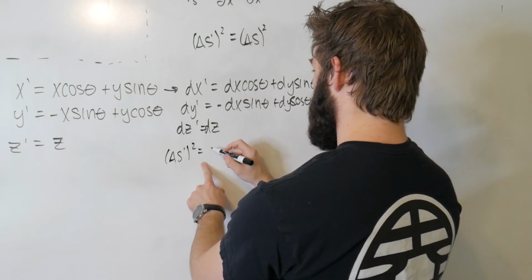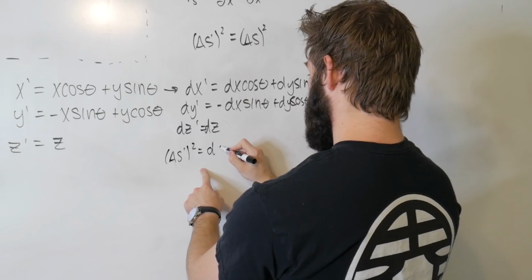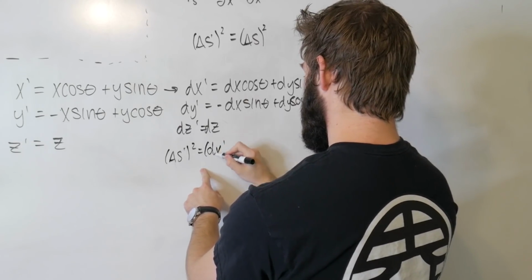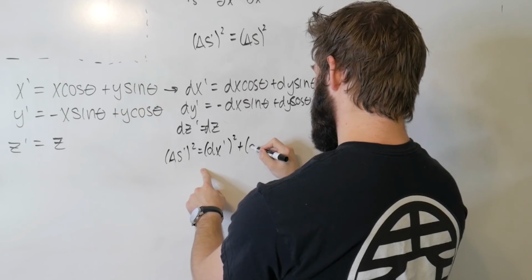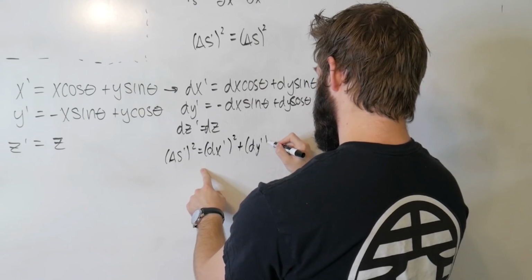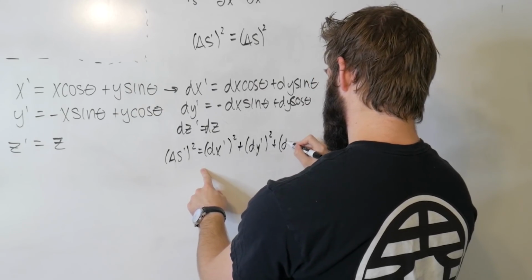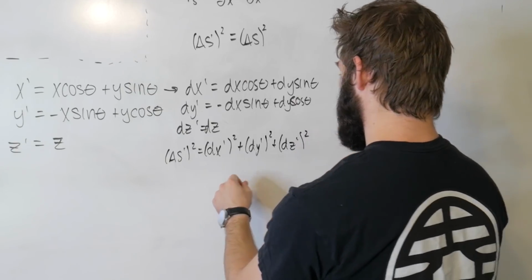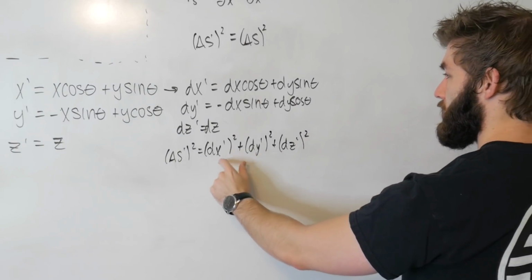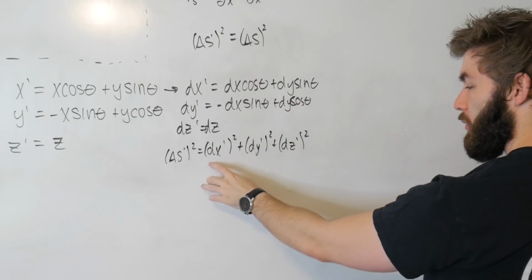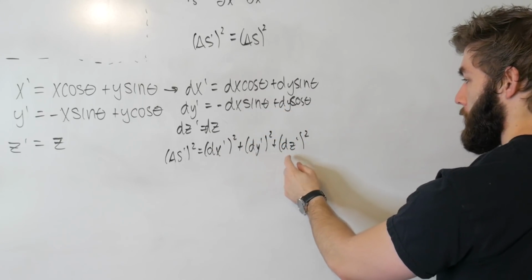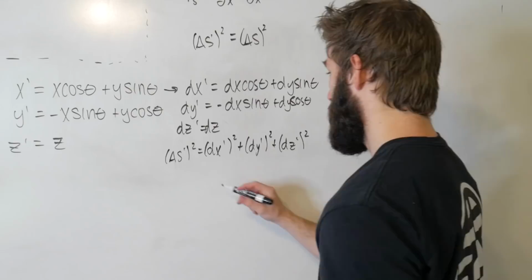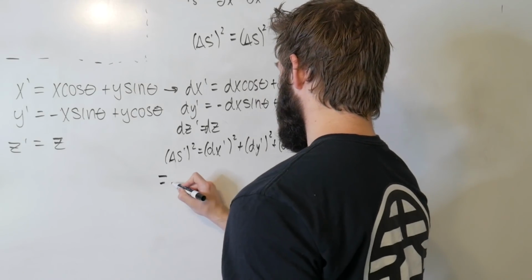So this is going to be equal to dx prime squared plus dy prime squared plus dz prime squared. And now we're going to substitute in these quantities and see if we just get dx squared plus dy squared plus dz squared. When we do that, we get this is equal to